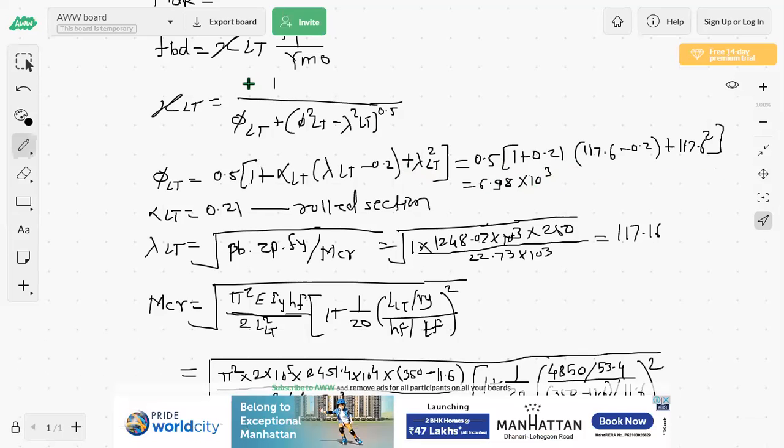Okay, 87. Here is the 87 answer. Okay. Now put this phi LT into zeta here, 1 upon phi LT is here 6.87 into 10 raised to 3. Put this value now into zeta, into zeta LT. So 6.87 into 10 raised to 3 square minus